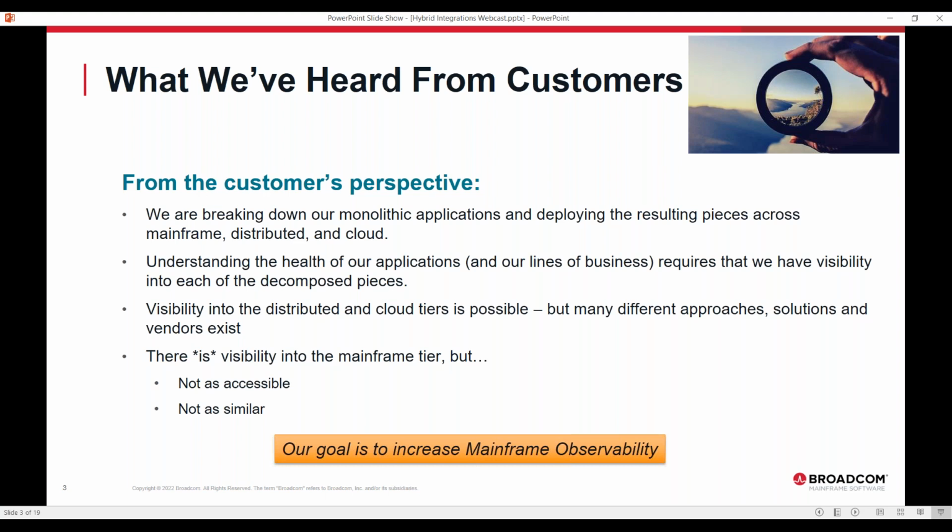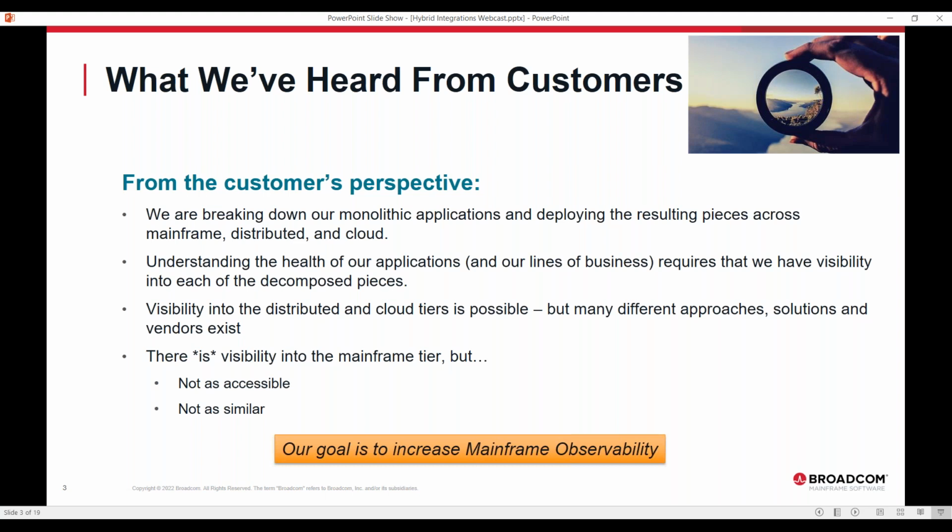I'm sure, hopefully, we've all heard the term observability, but I view that observability as really visibility into what is going on. How can I expose the inner workings of this application or the infrastructure so that I know what's going on and where? So let's talk a little bit about observability and visibility and contrast that between distributed cloud and the mainframe.